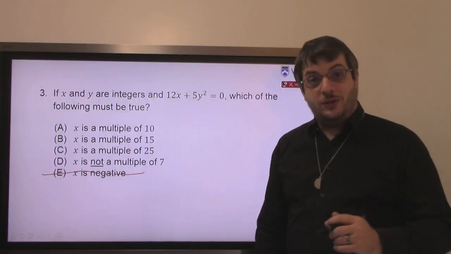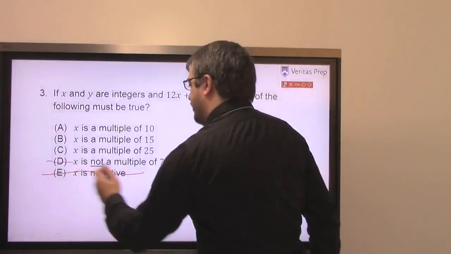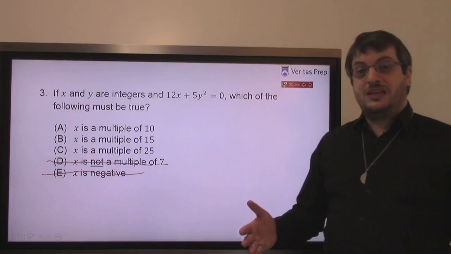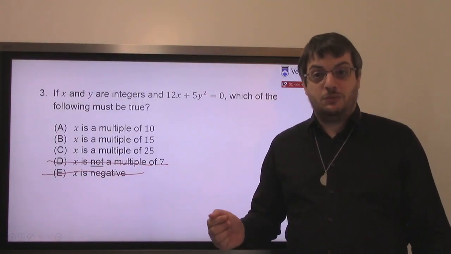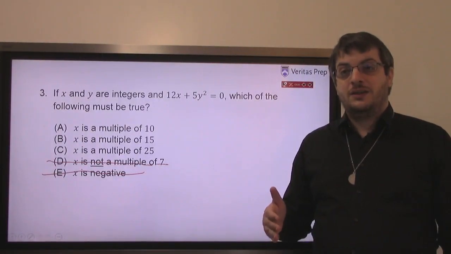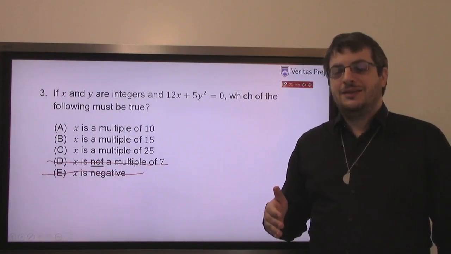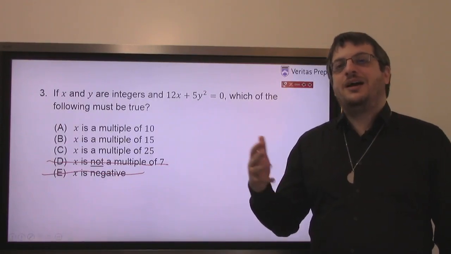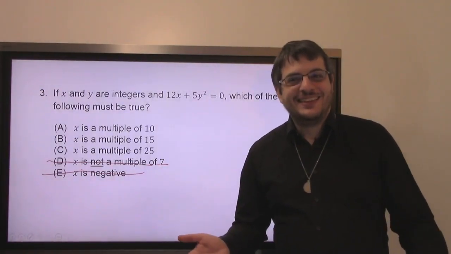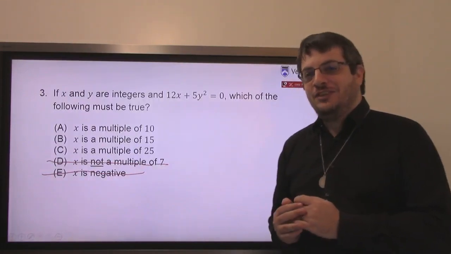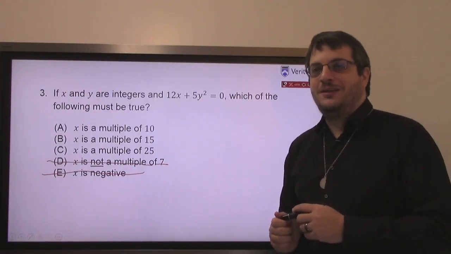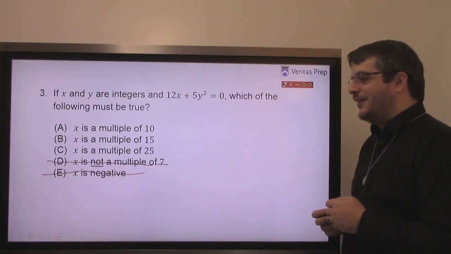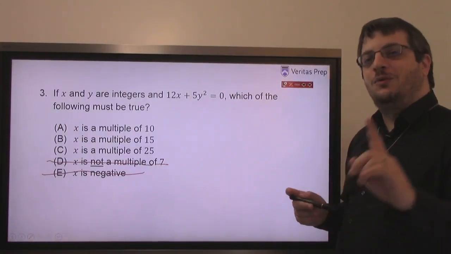Incidentally, I could also at this point cross off D, because 0 is a multiple of everything, including 7, right? So it's certainly possible, if x is 0, for it to be a multiple of 7. And of course, there's a lot of other values of x that are multiples of 7 that work as well. Yeah, it didn't say positive integer, right? If it said x is positive, I could say, yeah, it's not positive, but no. Okay, so I trapped some of you guys, and I'm sorry, I suckered a few people there, but those answers are wrong. Let's see what we can actually do here.